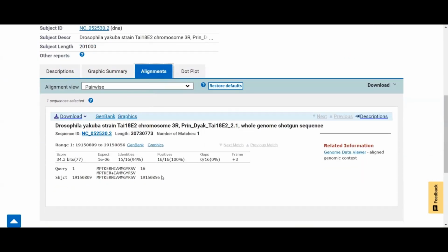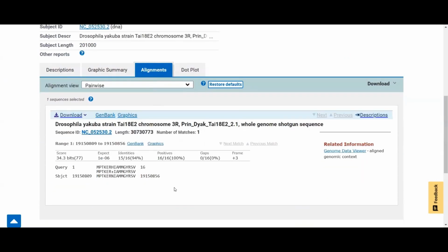The subject coordinates correspond to the region within the NC_052530 scaffold of D yakuba, 19,150,809 to 19,150,856, that shows sequence similarity to CDS1 from D-melanogaster when it is translated in the third reading frame of the positive strand, frame +3. Hence, we can place CDS1 of Rheb at approximately